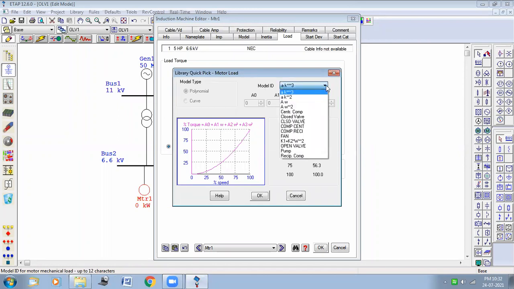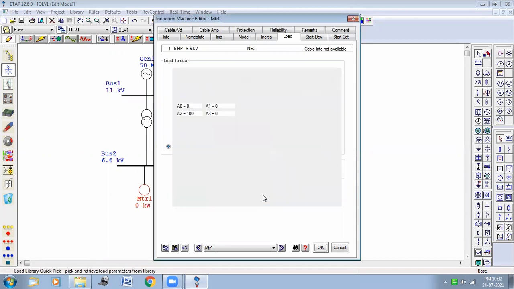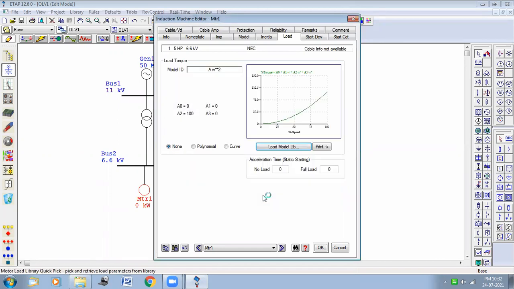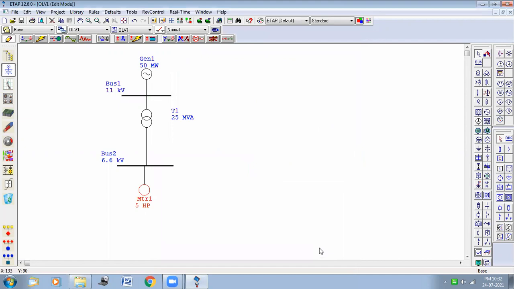So you can select any one of them. I'm selecting just one of them, and select OK. Then you can see one load model is selected, and then click OK on this. So our first single line diagram is complete.